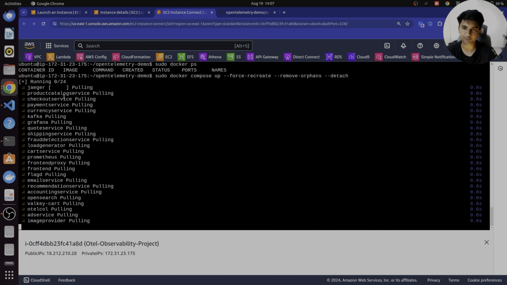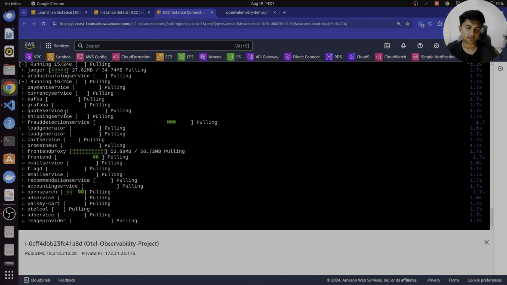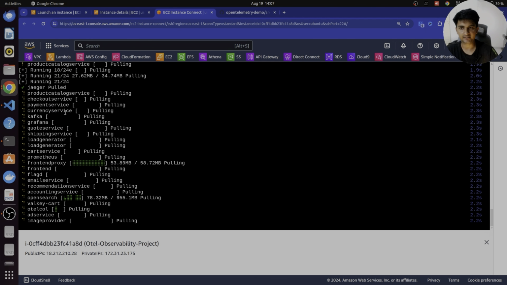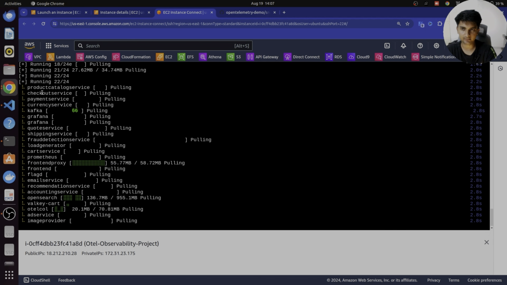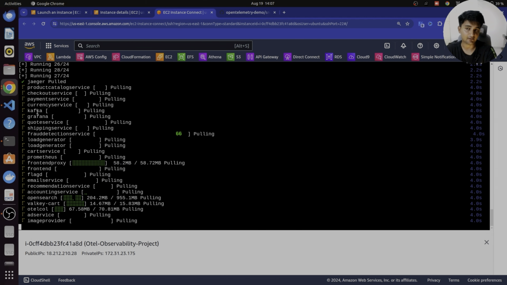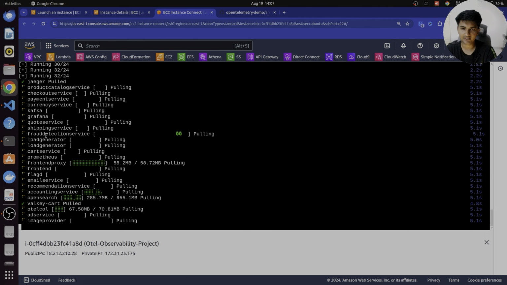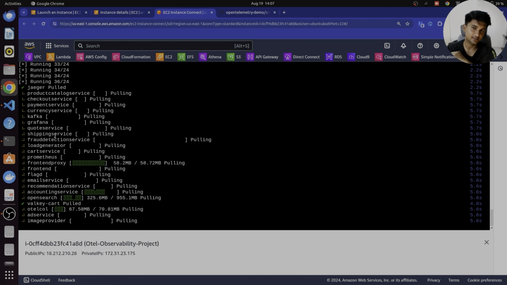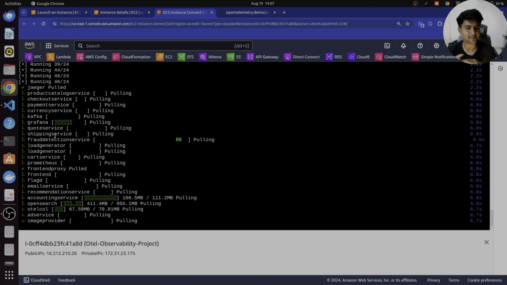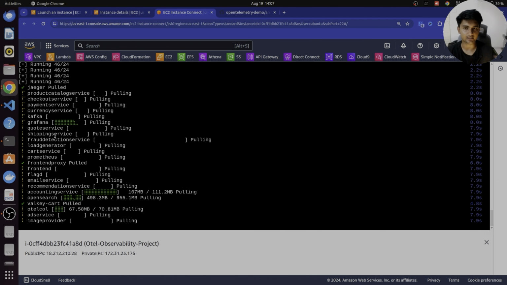You can see it's going to pull all the images, and then very soon we will have all the services created, which includes Jaeger for tracing, and all these microservices: product catalog, checkout, payment, currency, Kafka, Grafana, cart service, shipping service. So there are so many different services, which is why this DevOps project is a bit complex. But if you follow this video till the end, it should not be a problem for you. You should be able to do this project without any issues, and you should also be able to understand how